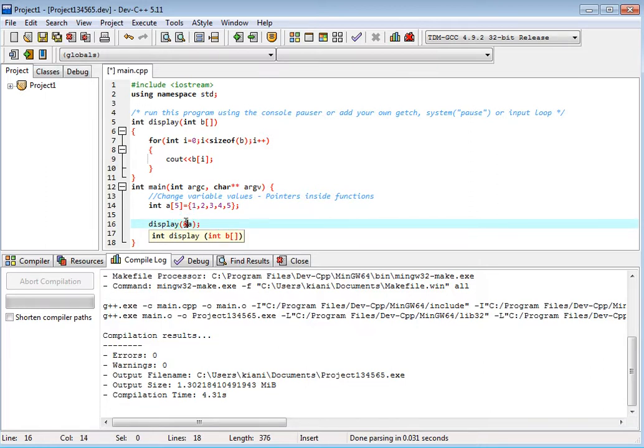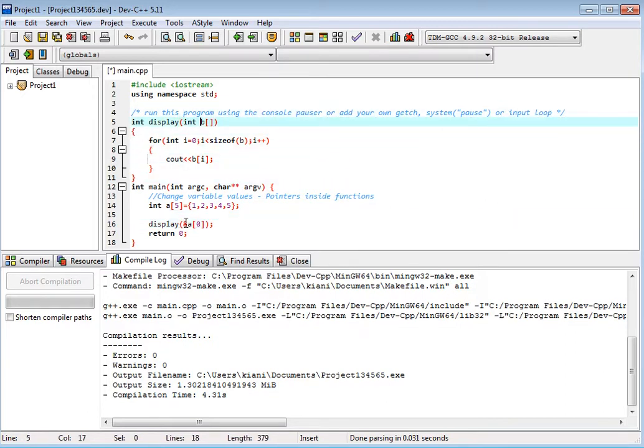How to pass the address of the first variable? First value is 0. Array starts with 0. So it will pass the address of the first value.